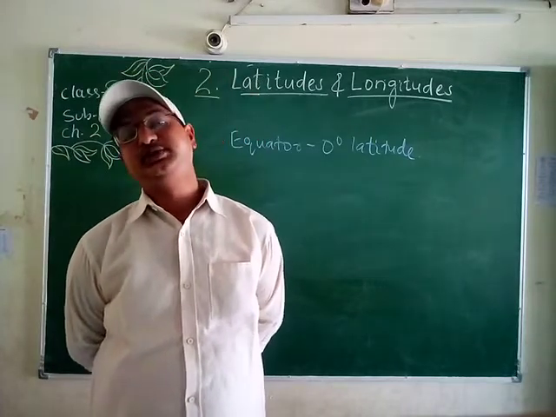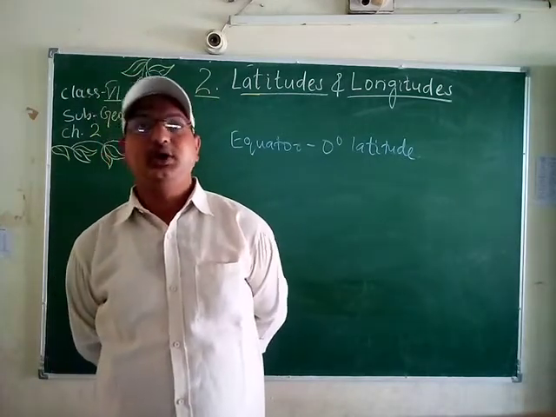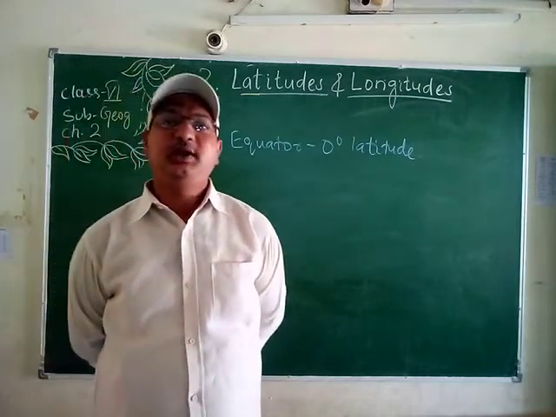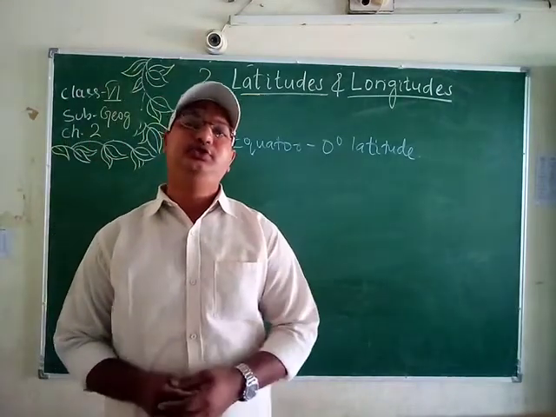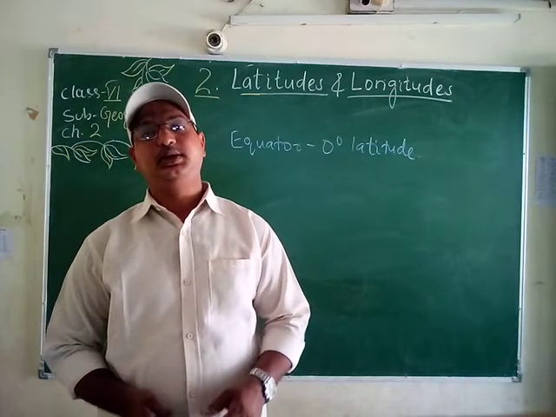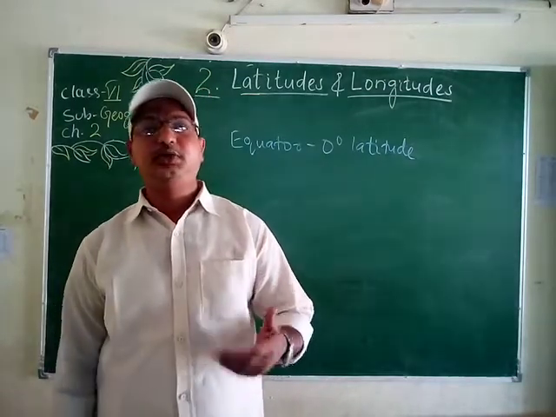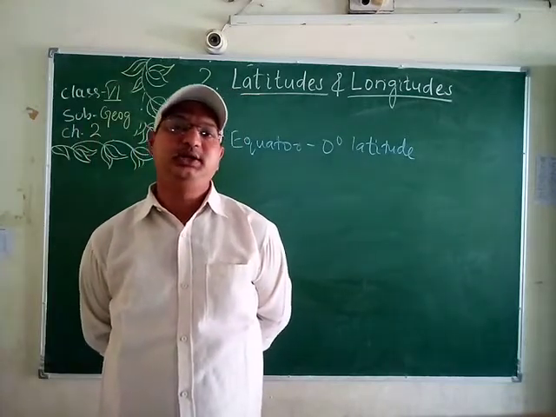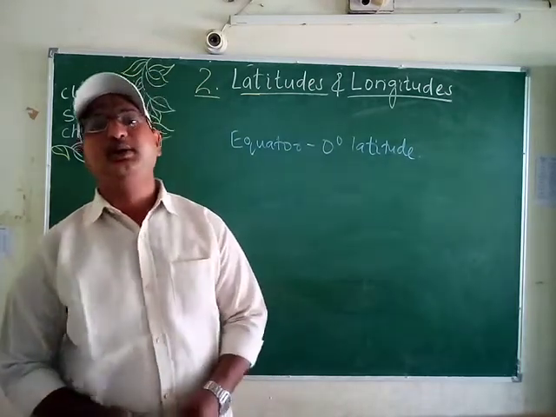Students, when we go through the book, on page number G102, you will see the first picture on the top left corner of the book. The first one is the parallels of latitude, how the parallels of latitude are shown. And second, we will study the parallels of latitude and different zones, that is the different heat zones. The first one is the torrid zone, then the second one is the frigid zone, and the third one is the Arctic zone. Then students, we will study the different parallels of latitude and heat zones with the help of a diagram.